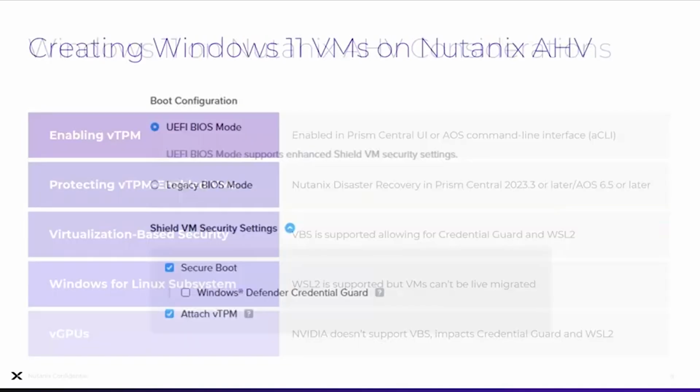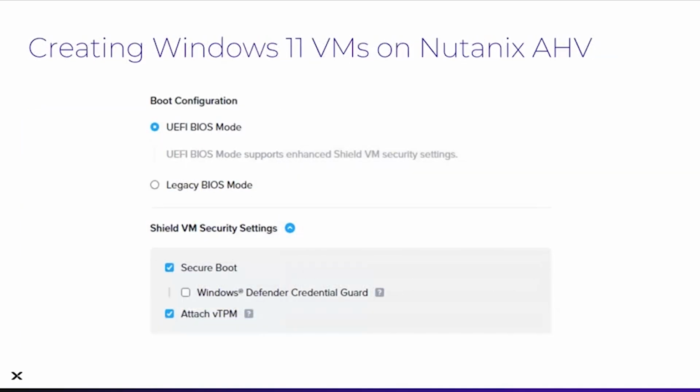And so this is what it looks like in the UI. When you go through the Prism Central UI VM creation, you'll see options. It's the second after you select the VM name and the compute resources, like vCPU and RAM and so forth. You click next, and on the second screen at the bottom, you'll see the boot configuration piece, and that's where you're